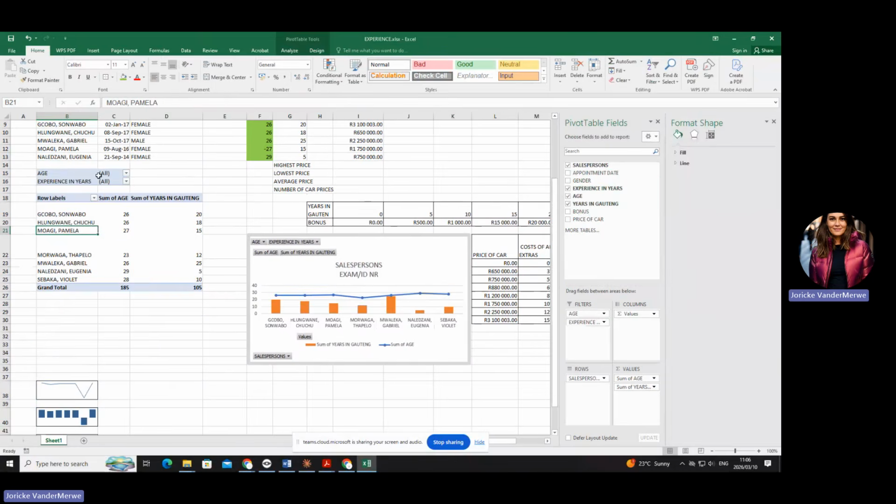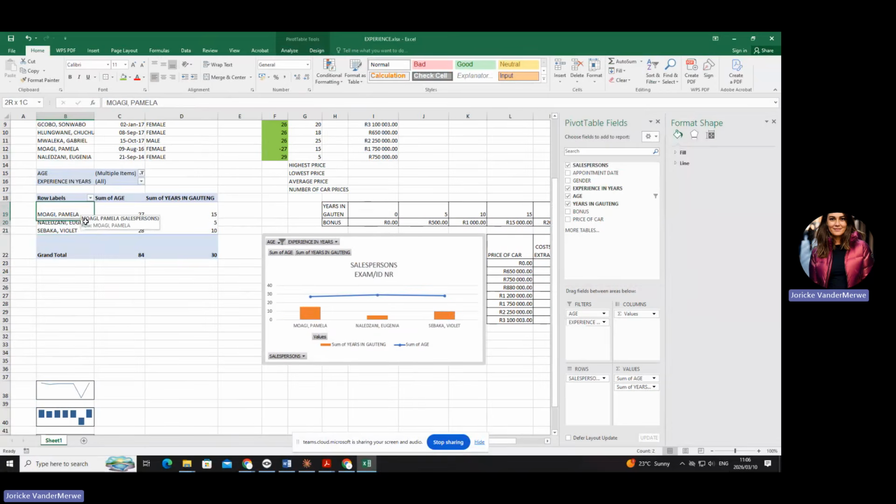So you choose the ones, né, that is asked of you. What did I say? The age must be, we're selecting multiple items, everything except these ones. They must be 27 and up, say for example. So you're going to say, okay, can you see now it's only 3 people. And of that 3 people, I only want to see the people that have the experience in here.